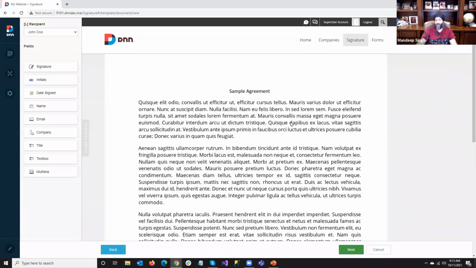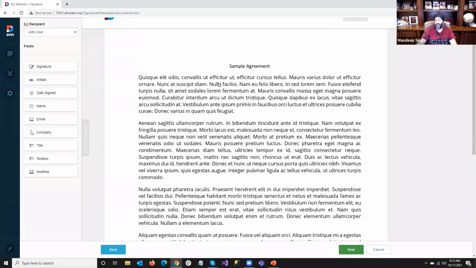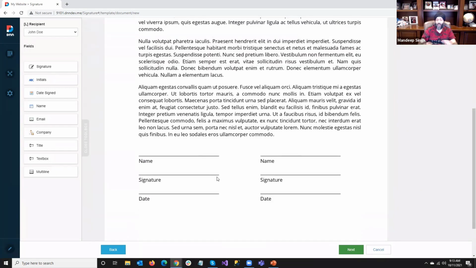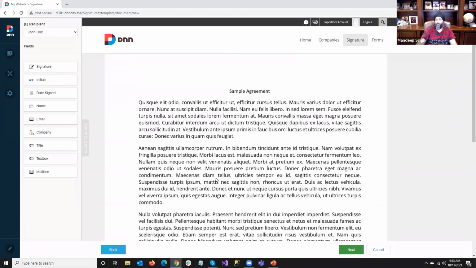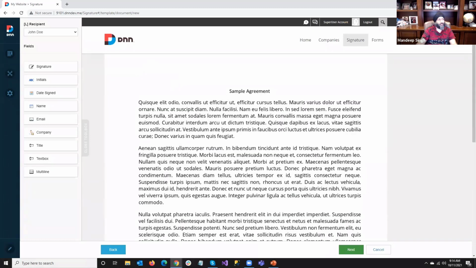So this is the document that I uploaded, which now I see. Again, it's a very simple document. I just put some text and some options. We're going to look at a much more complex example towards the end, but just start with something basic here. So structuring or preparing this document for sending